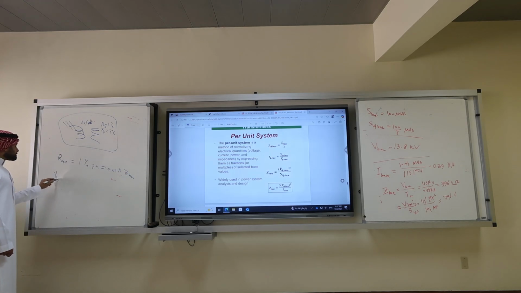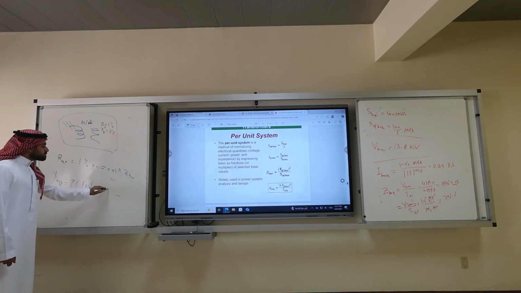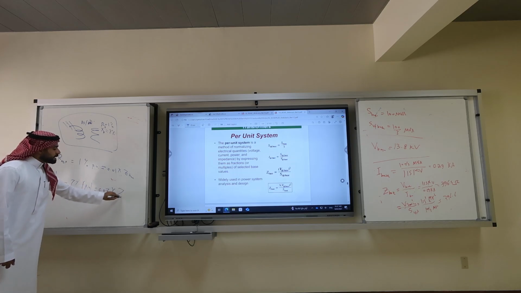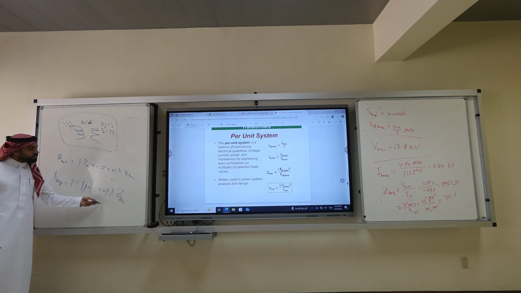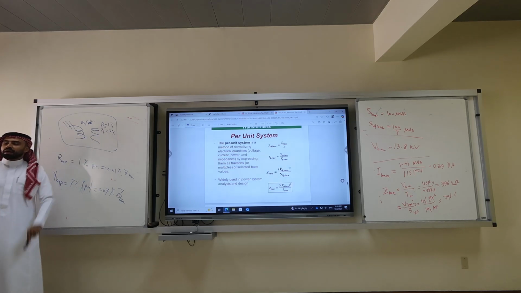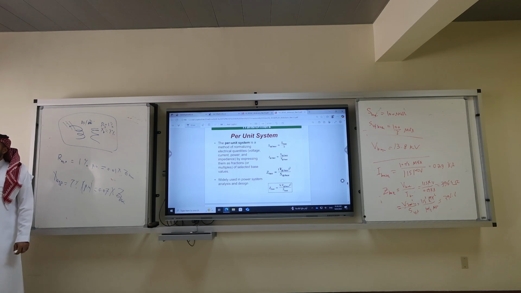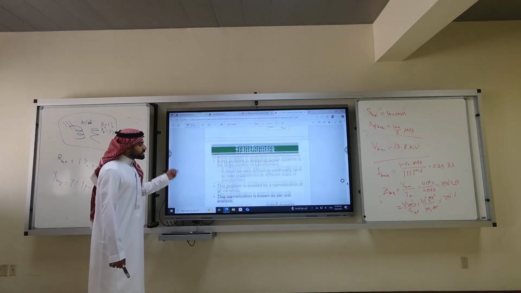For an X equivalent primary, they will say 7%. Sometimes they put the per unit. It means 0.07 times Z base. And now per unit saved me time. I just put 1%, 7%. I don't need to put the values. Get it, Omar? Get it? Yes. That's why when we solve this example,